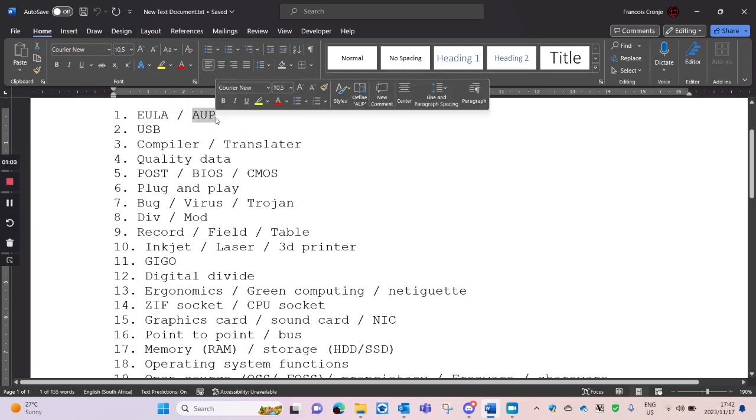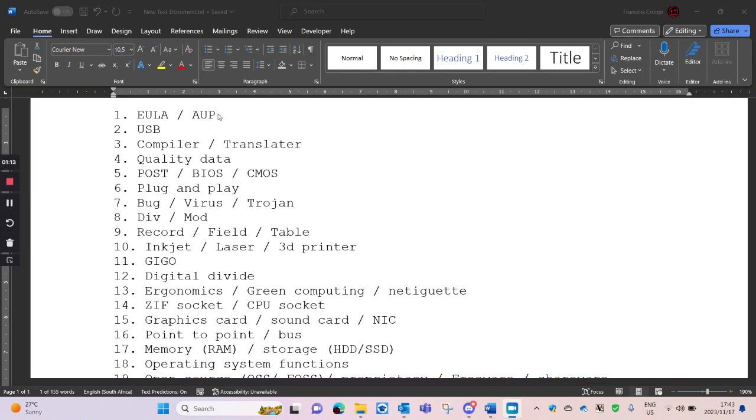While this one, acceptable use policy, is basically between a company and its employees. So it could even be, let's say at your school, if your school decides to open up the Wi-Fi for all students, then that's the sort of contract that you will sign, like in your code of conduct, that says you will only use the school Wi-Fi for academic purposes, you won't play games on it or download movies.